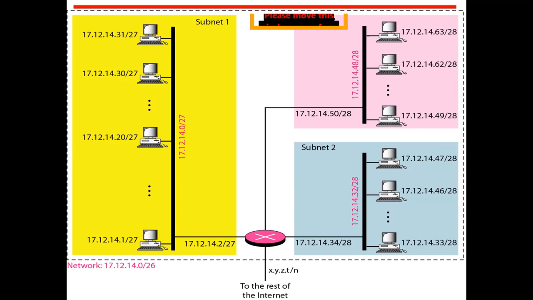Now using this 64 addresses, this organization wants to create 3 subnetworks. So 3 subnetworks means how can you divide it? So the subnet 1 has 32 and the remaining 32 is divided again 16 and 16. So you have total 64 addresses in this organization. Now, for the whole organization, this is the main IP address given. Now we can subdivide this network into 3 networks. It's called as subnet.